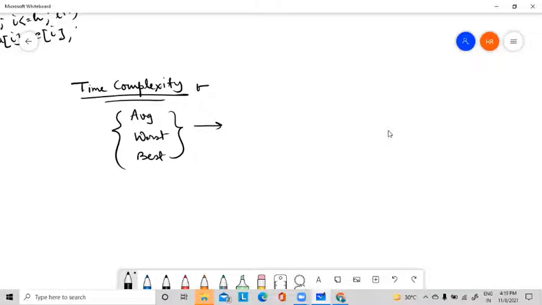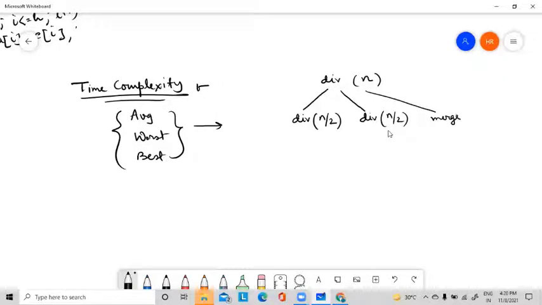And if you try to understand, see the division function is dividing n number of elements. First it calls the first division where there are n by 2 elements, then it calls the second division where there are n by 2 elements, then it calls the merge function which is merging these two n by 2 parts. When we are performing this merging, we are comparing each and every element. So how many comparisons are required for merging? We require n number of comparisons.